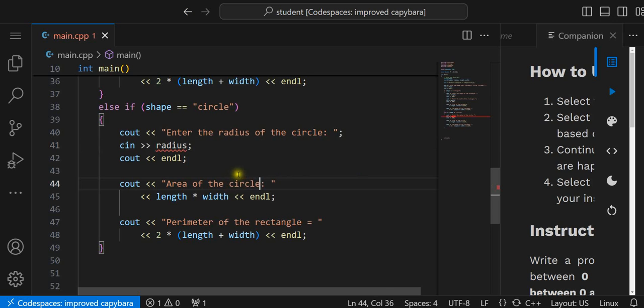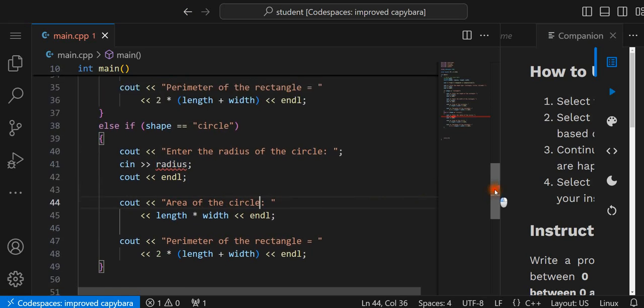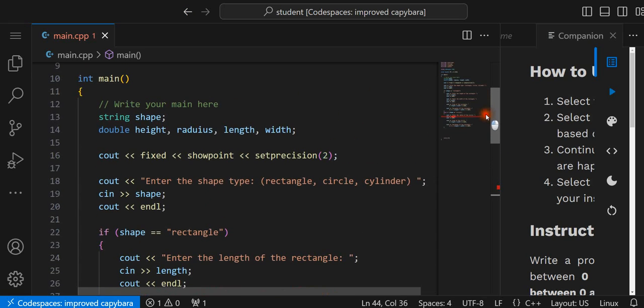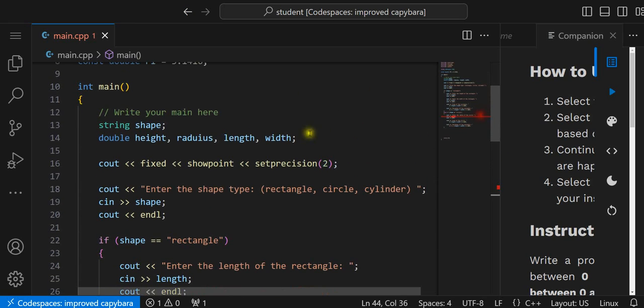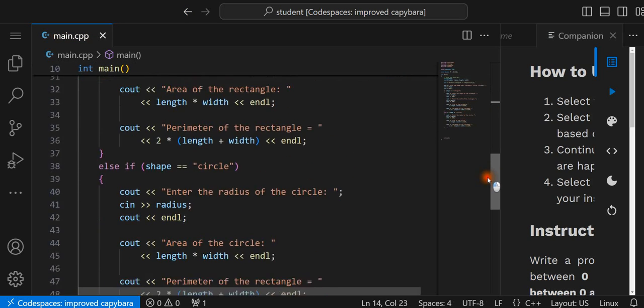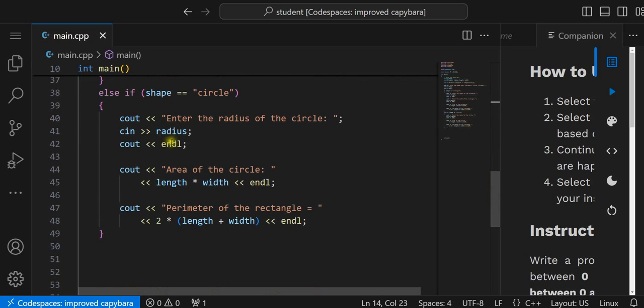The area of the circle is going to be, where's that radius? Spelled it wrong here again. Alright, I corrected that. So radius inline, then let's go to area of the circle. The area is going to be pi,